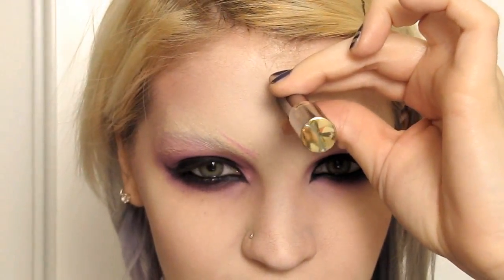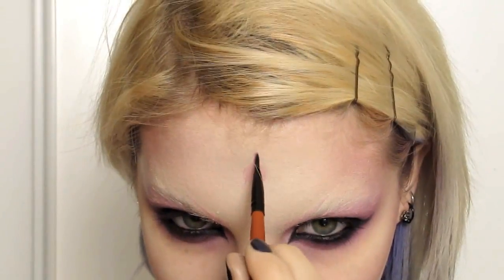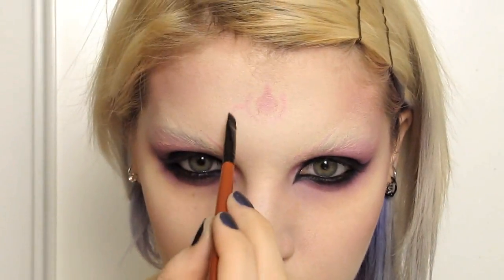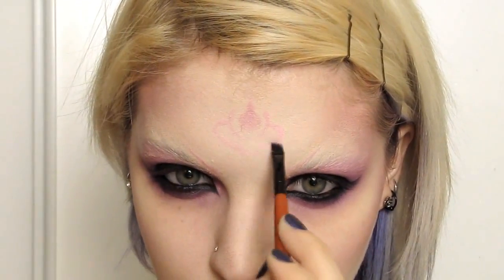So for laying out where the markings would go, I took a bit of a lighter pink eyeshadow and used it as a guide. I used the indent from a mascara to help with the circle at the top. And then the whole process became rather time consuming for me because I really wanted to focus on getting the designs properly spaced and symmetrical. It became really difficult to film with having to constantly adjust and correct, so I ended up having to finish